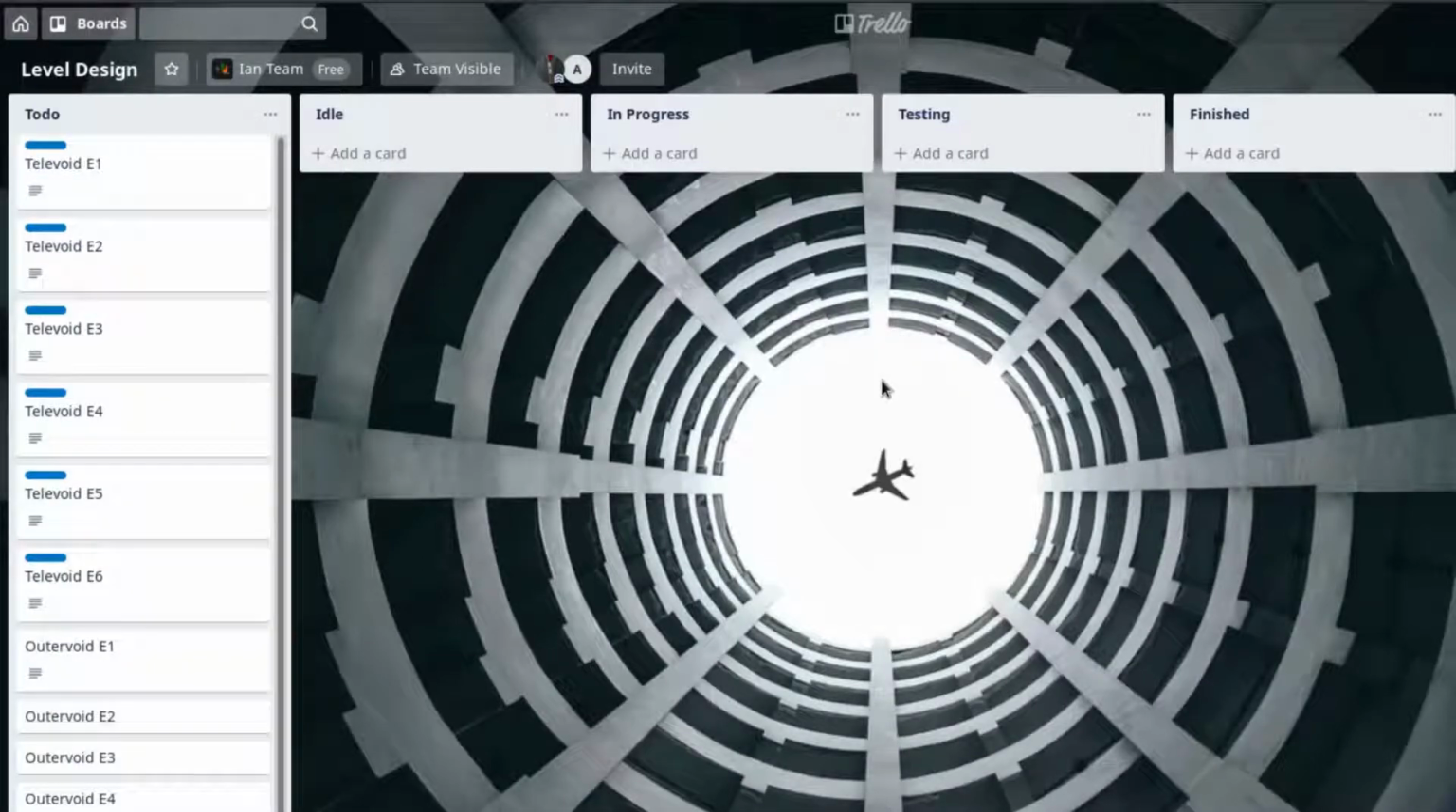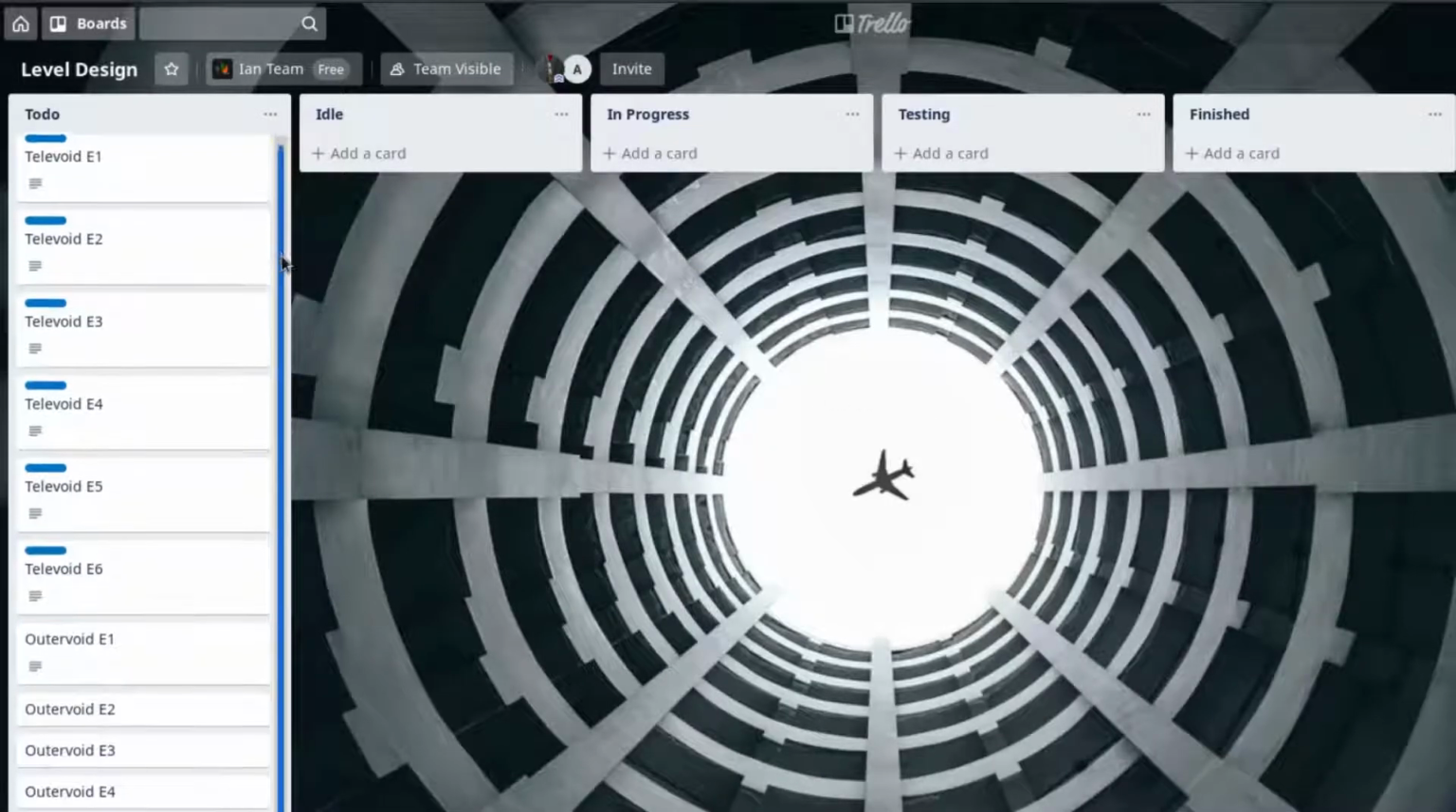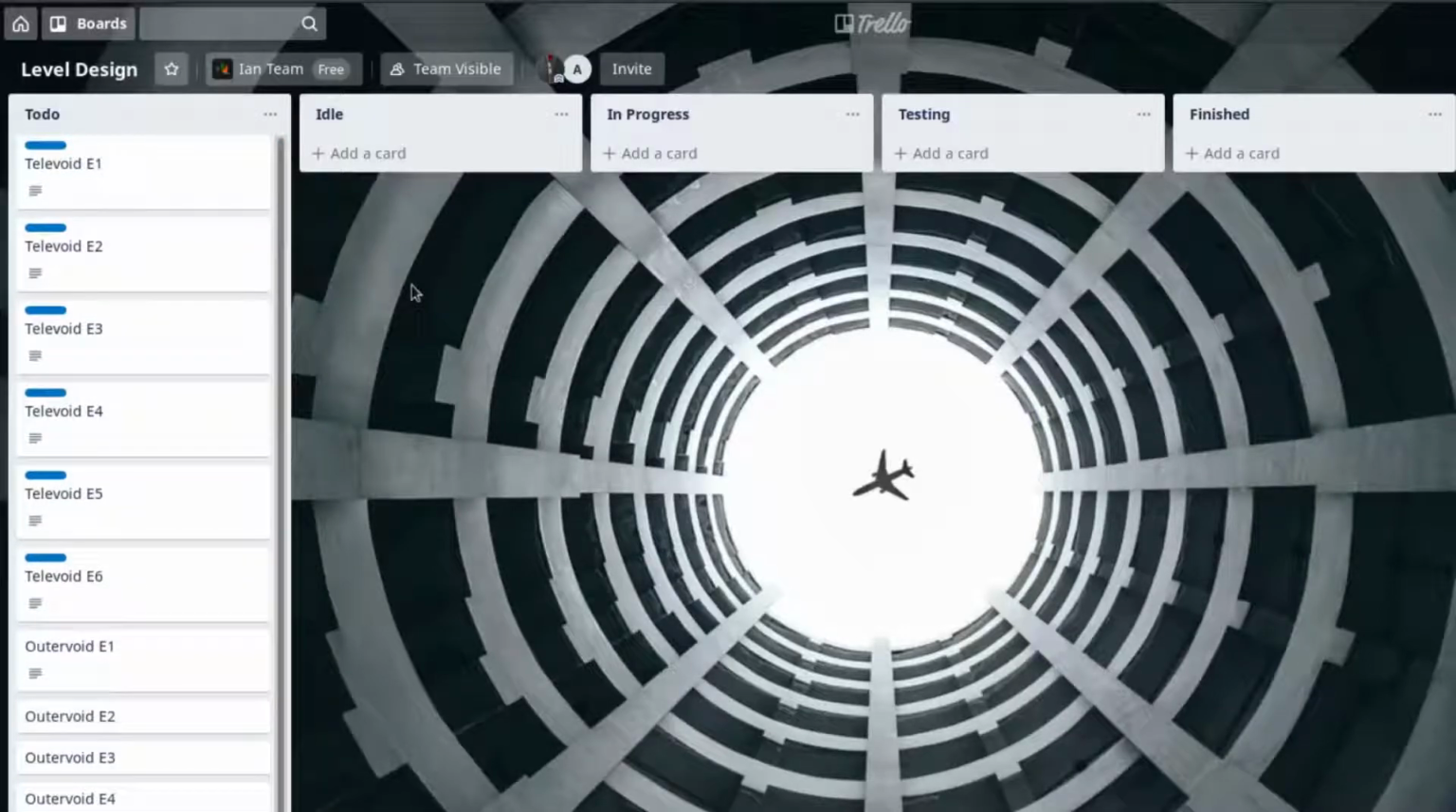Hi, I'm going to show you how I've organized this Trello board for level design. On the left, you can find a to-do list filled with levels and mini games that we need to create for the final game. If you click on them,